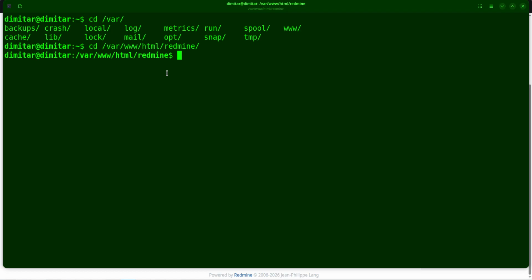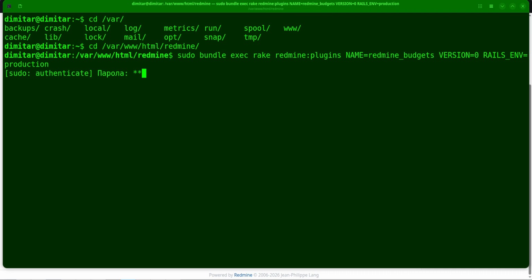Okay, so the first step that we need to do is to downgrade our database. This means that we're going to drop all the tables that are related to our budgets plugin. This is going to happen with the command sudo bundle exec rake redmine:plugins:migrate, the name of the plugin, that is redmine_budgets, and now the very important part of this command, VERSION=0. This is actually going to drop the tables. And the last thing is RAILS_ENV=production. This is pointing the Redmine server to be a production one. Okay, so we click enter now and put our password for sudo and wait for the